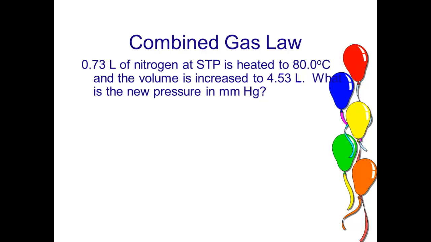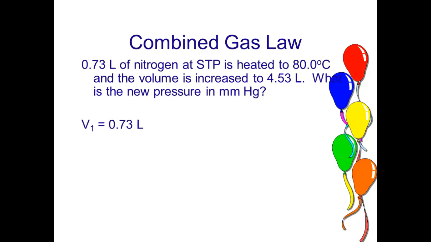Standard pressure is 1 atmosphere, but what does the question ask us for pressure? Millimeters of mercury, so that better be the number that we plug in. What's standard pressure in millimeters of mercury? 760. So even though it may not seem like it at first, we do have all the information we need